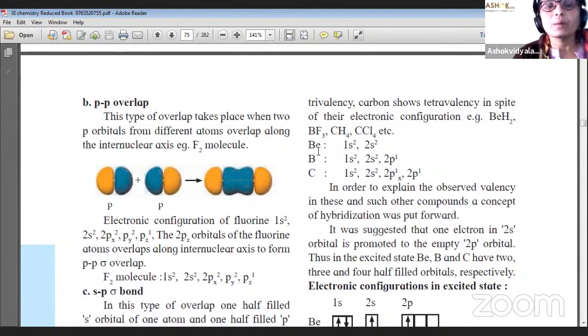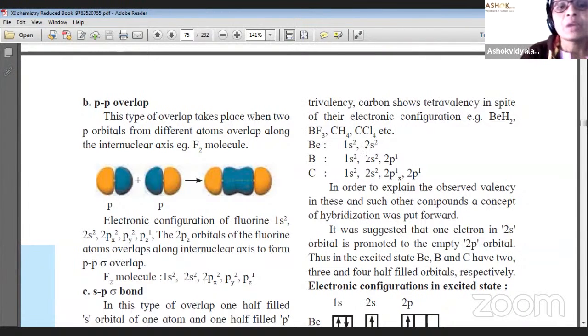See, beryllium has the electronic configuration 1s2, 2s2, and it does not contain any unpaired electron in the ground state. So how can it be possible to form this molecule BeH2? That is explained on the basis of the hybridization concept. Or the formation of BF3: in the case of boron, the electronic configuration is 1s2, 2s2, and 2p1. So there is only one unpaired electron in boron. So BF3,